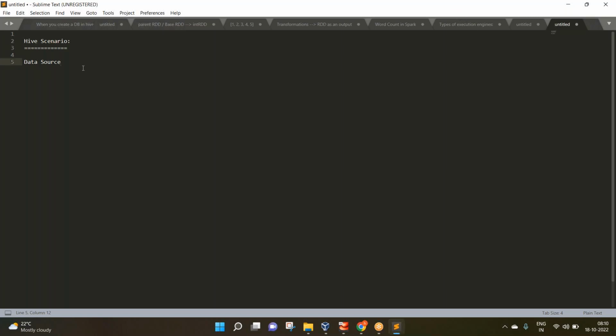But there is one problem here. This is the situation that you might often encounter in the projects. Data source team is saying that they can send the data only in text file format, but we want the data in ORC file format,